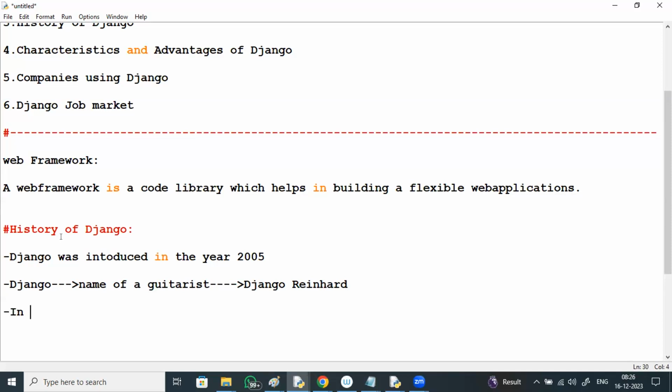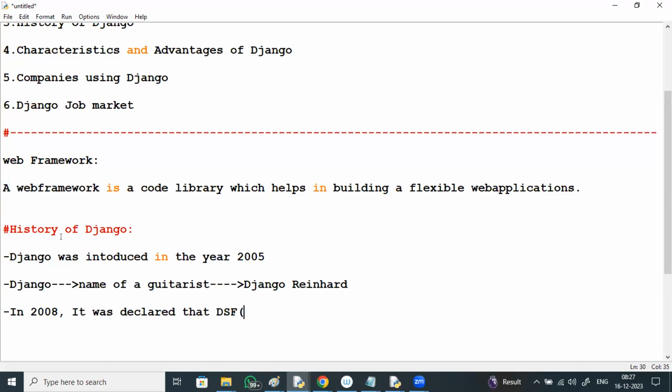In 2008, Django was declared to be maintained by the DSF.